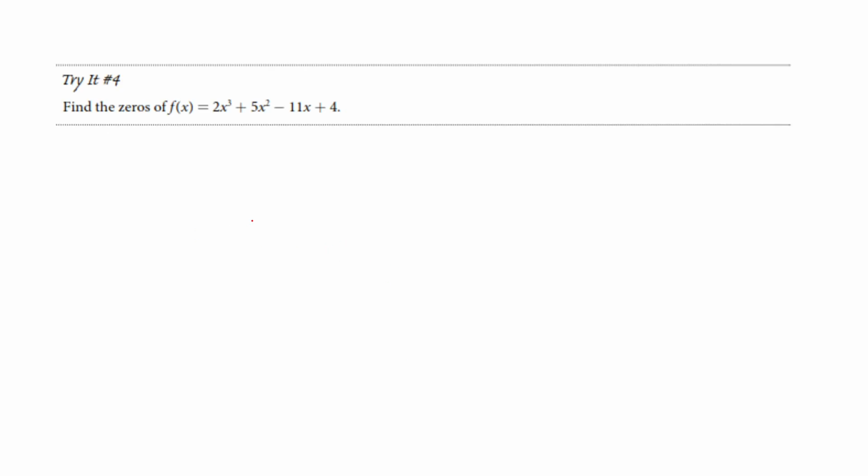Okay, so let's go through this here. My p is 4, so my possibilities are plus or minus 1, plus or minus 2, plus or minus 4. And q is plus or minus 1 or plus or minus 2. You see that here? So all of our possibilities, go through all of them, plus or minus 1 over